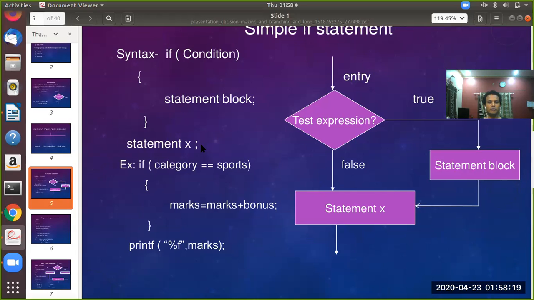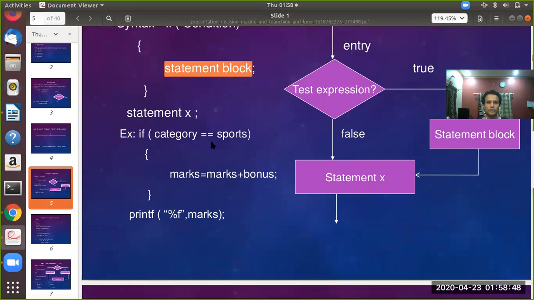Now, how is the simple if statement? You look here. First, you will write if and a condition within the if statement, and then a flower bracket and a group of statements that we call the statement block, and then the closing bracket. And following this closing flower bracket, immediately there should be a line.